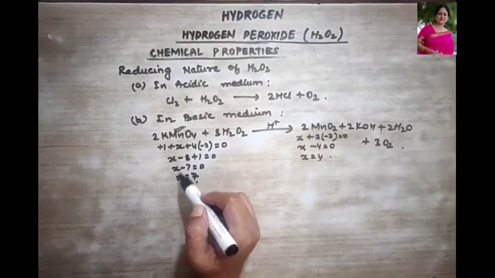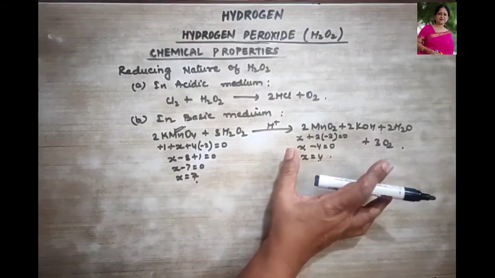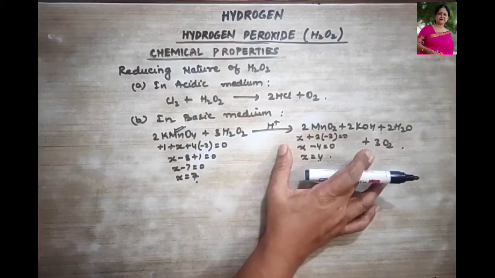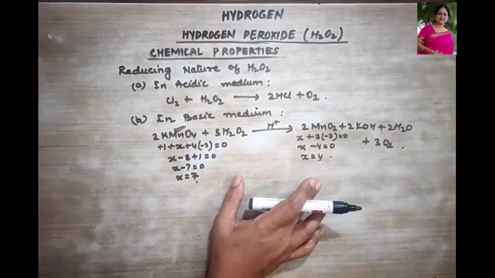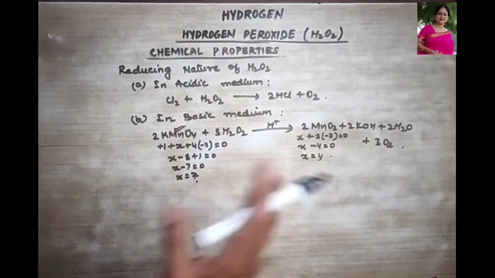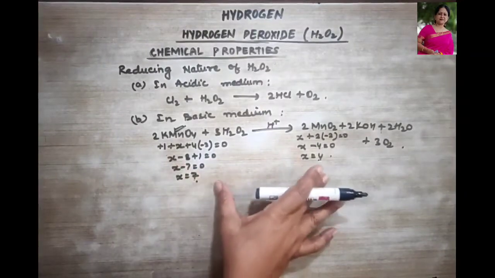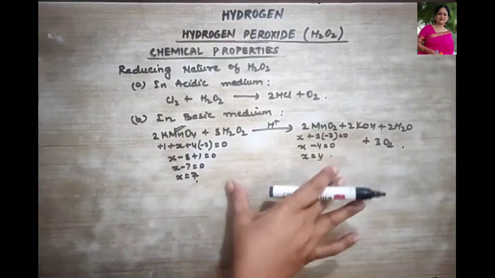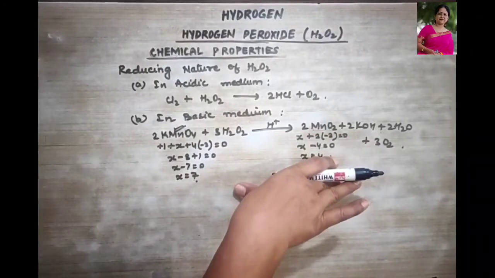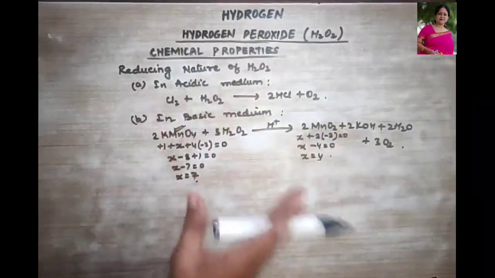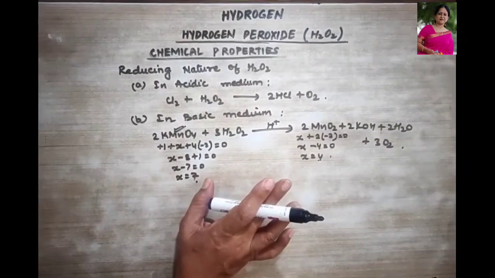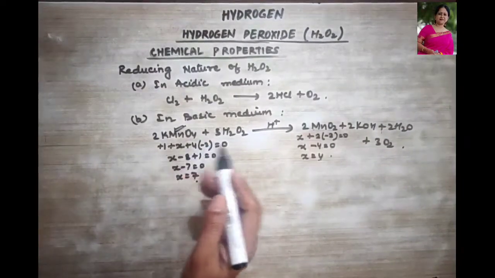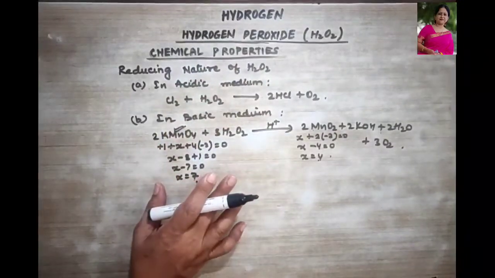Now understanding this oxidation number, how to calculate, we are going to discuss about this elaborately in the redox reaction chapter also. So even if you are not able to understand, you just follow what I have done over here. Only these many reactions. Rest other reactions I'm going to explain you when I'm going to teach you that particular chapter. Okay.